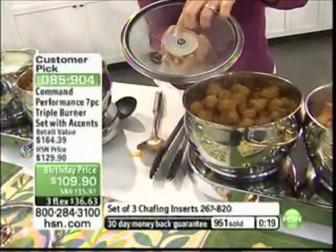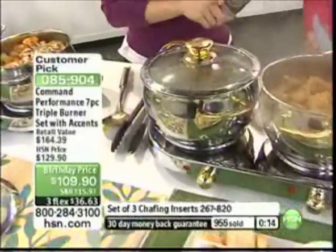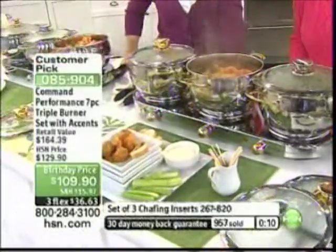This is also a silicone disc under here, and that's why the lid is going to stay cool. So it's about functionality, but you know what? It looks good. It looks good, and you're going to be so happy that you have it there, especially when